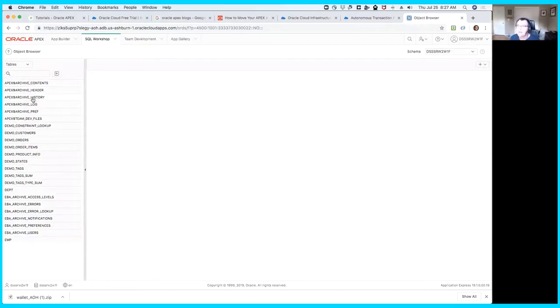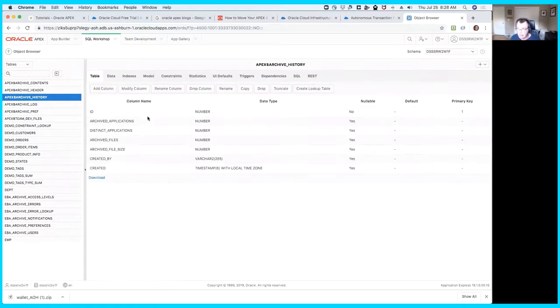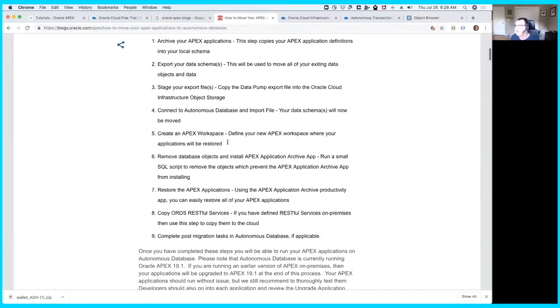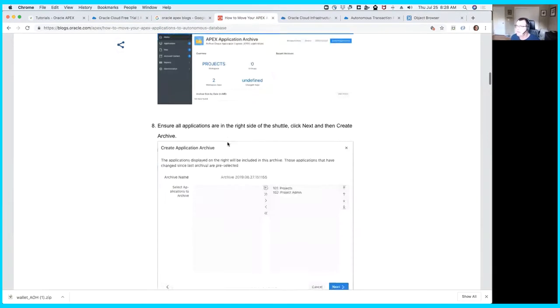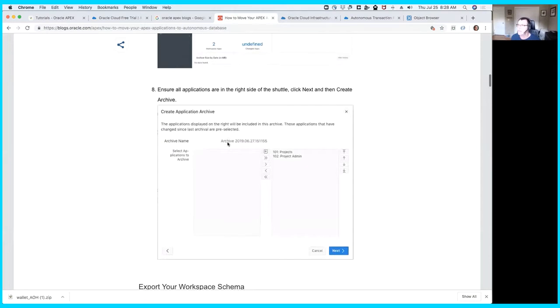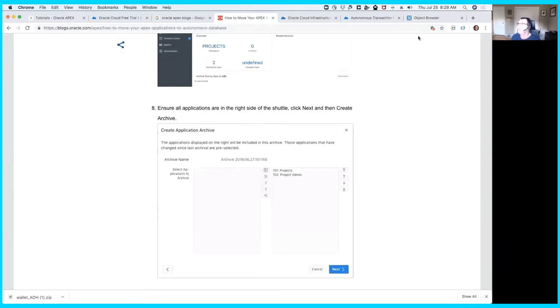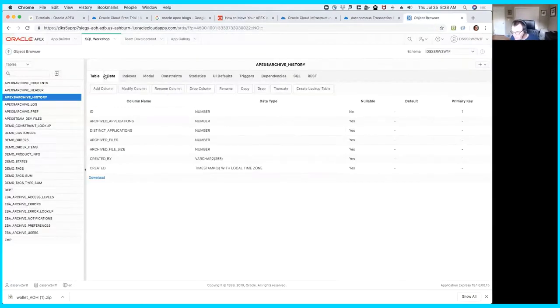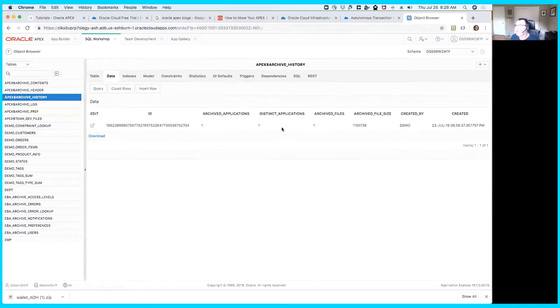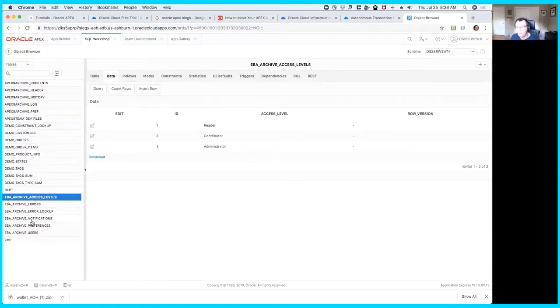have these Apex archive tables. And as part of the blog post, if you go through it, what we're doing is we're using the Apex archive utility to load up all the applications before we do the export. So that when we come across here and have a look at the data, you'll see there's an archive already sitting in here. However, there's also these EBA tables. And what we need to do is remove all of these EBA tables so that we can reinstall the